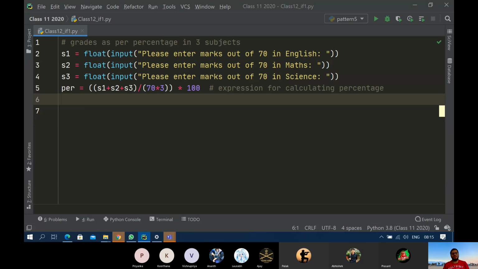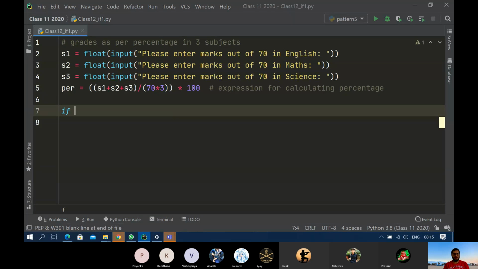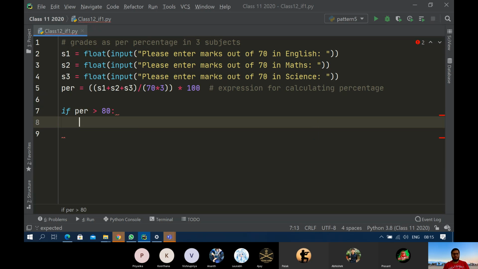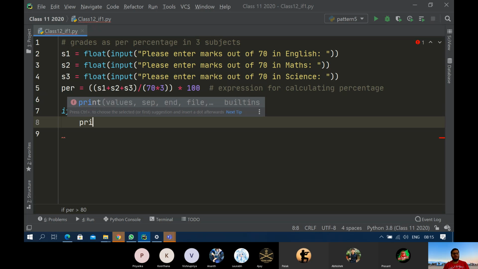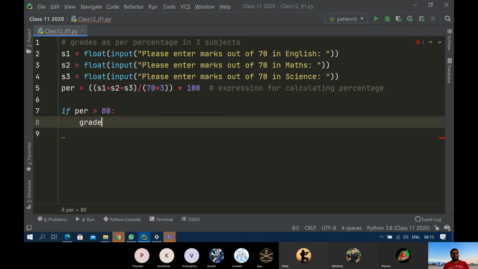Now, once you have found the percentage, we'll check if percentage is greater than 80. How हो जाएगा? You have to print or you can write grade is equals to